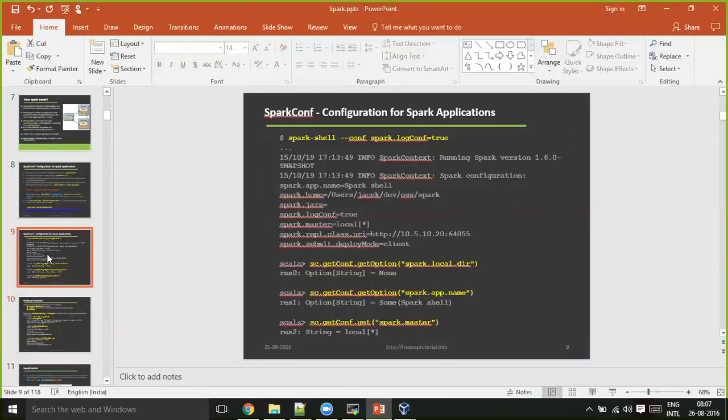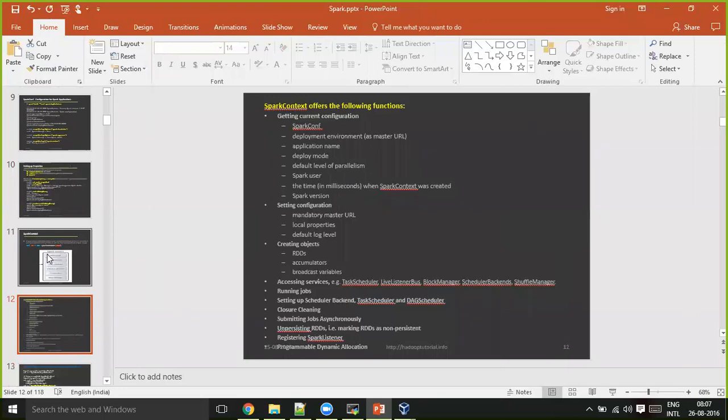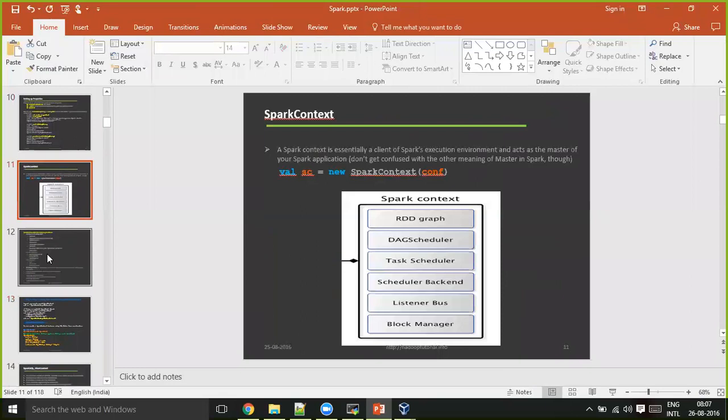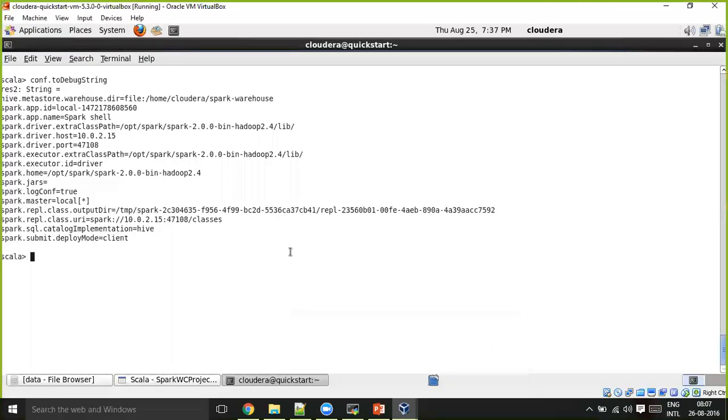Shiva, here we are always mentioning local, right? Somewhere you mentioned it when you were writing the code. But here in the specification, if I go back to the shell, yeah, here it is: spark.master is equal to local[*]. So even though if we mention spark.master, it still takes local, right?